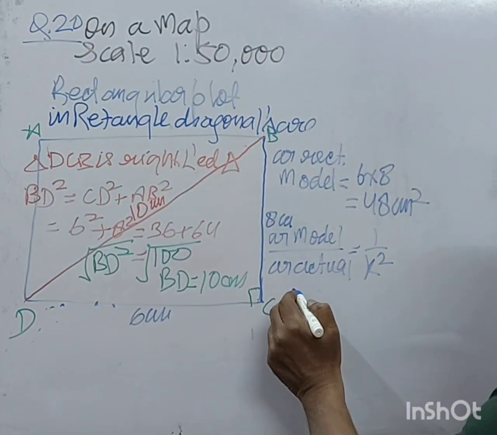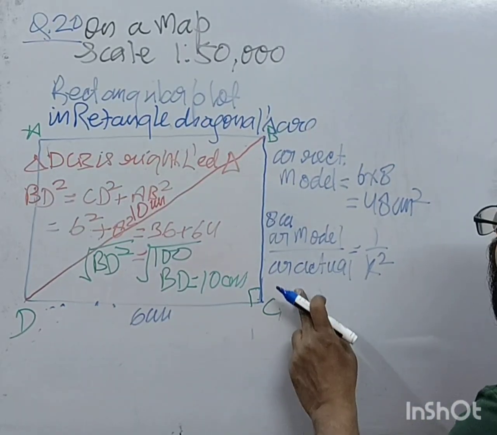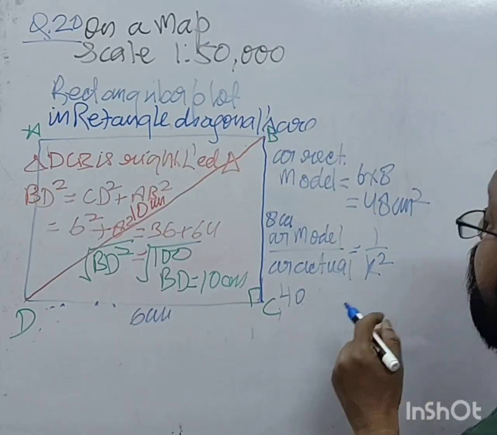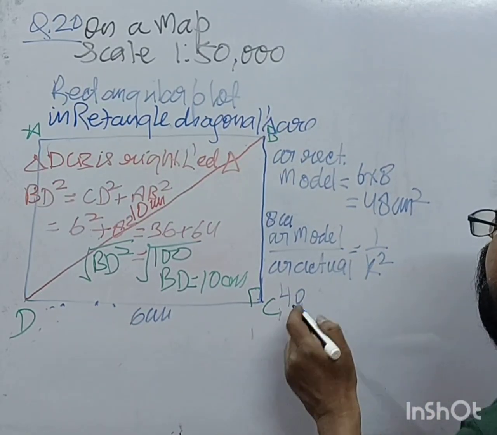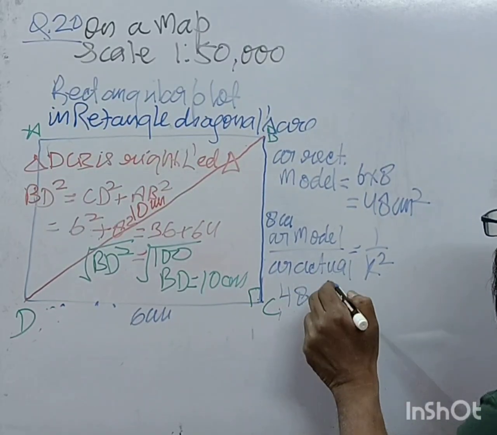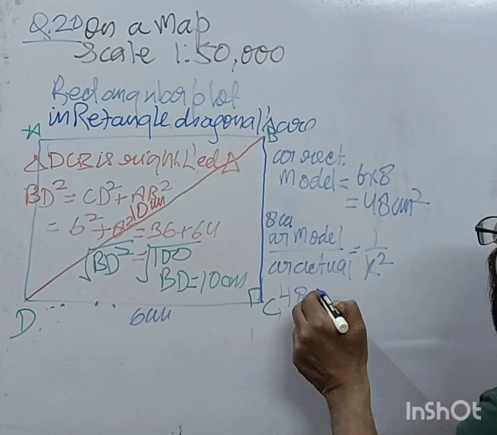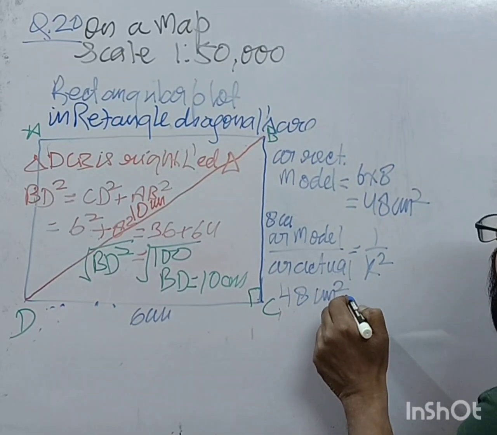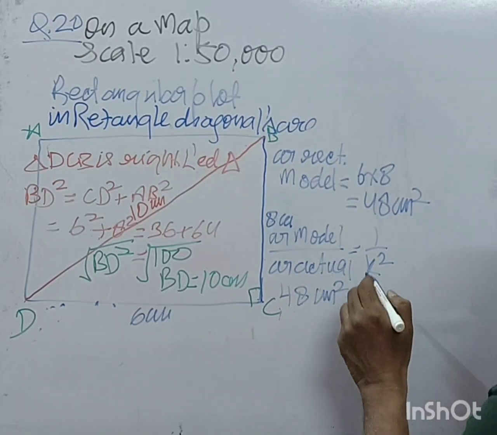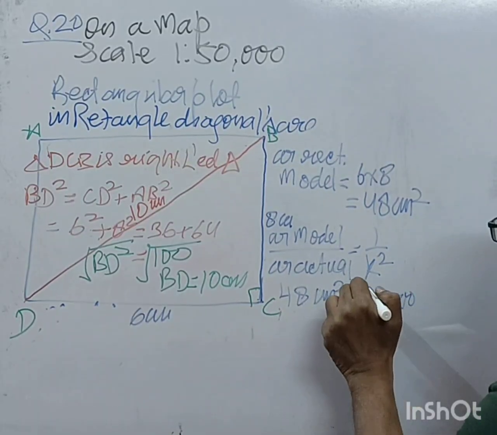So it is 48 centimeter square into 5 lakh, sorry, k square. So 50,000 square